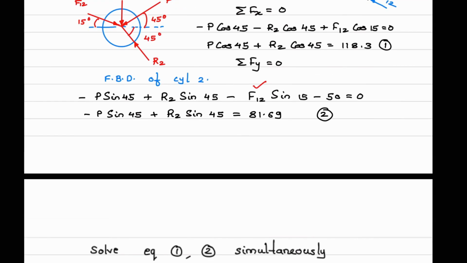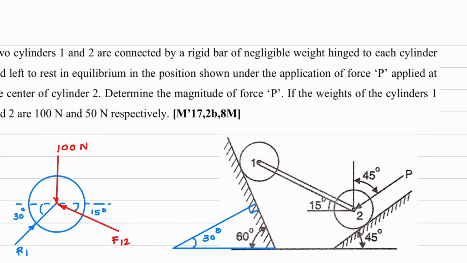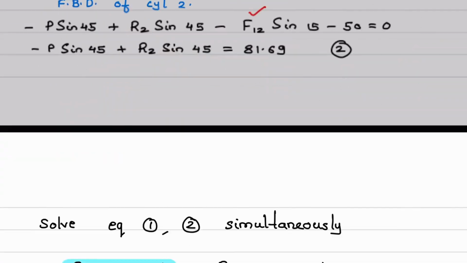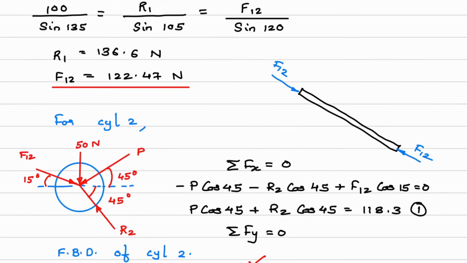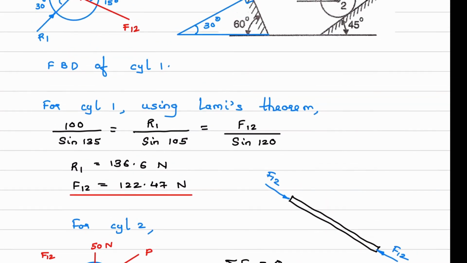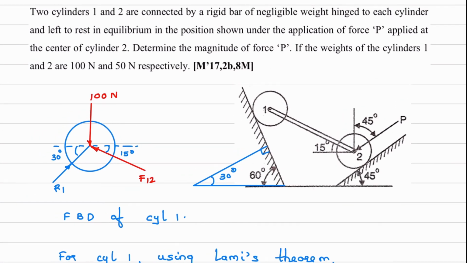And P angle is already given in the question. Okay, if you see the question, here the angle which P makes with respect to vertical is already given, 45 degree. Okay, so no need to separately calculate the angle. So we have calculated the P force. Now what we have exactly done in this numerical, understand that. Okay, because that is important here. What is given here, there are two cylinders, C1 and C2, and both the cylinders' centers are connected by this rigid bar.